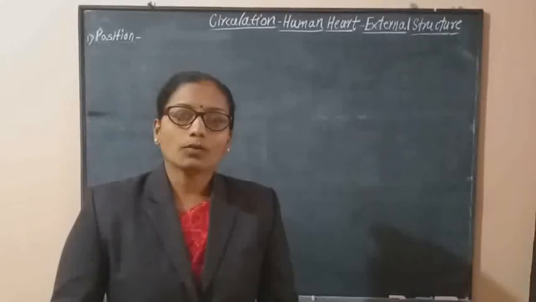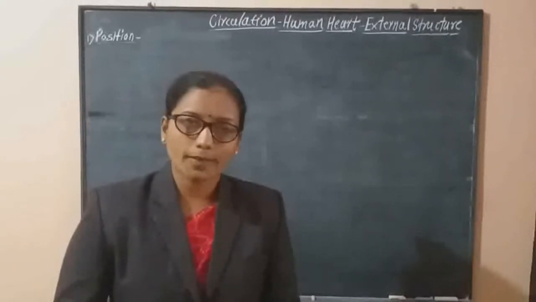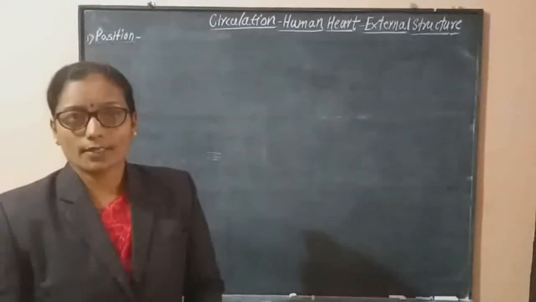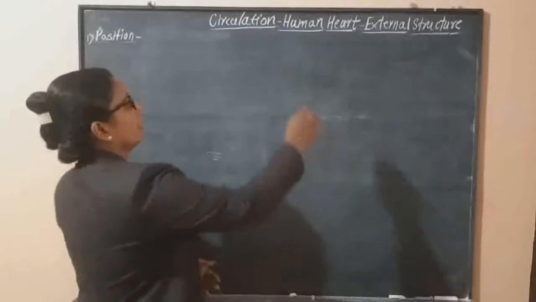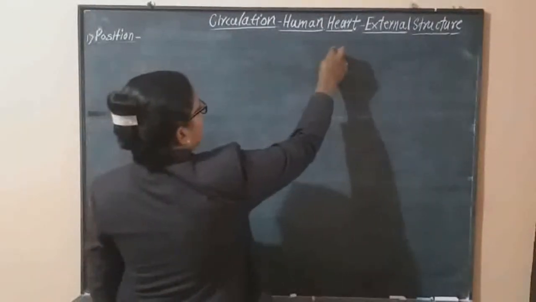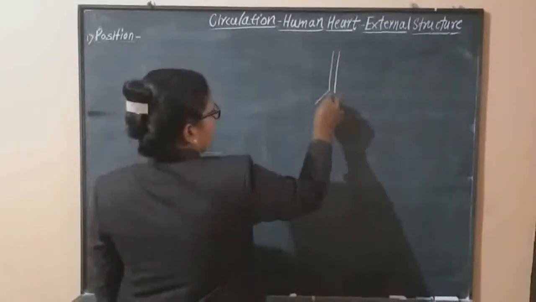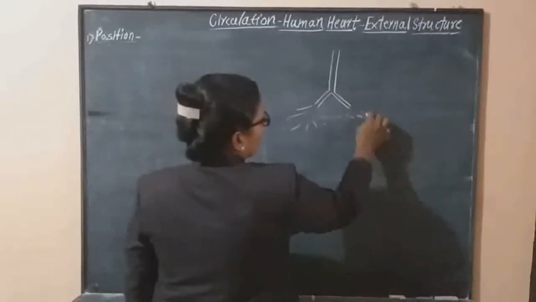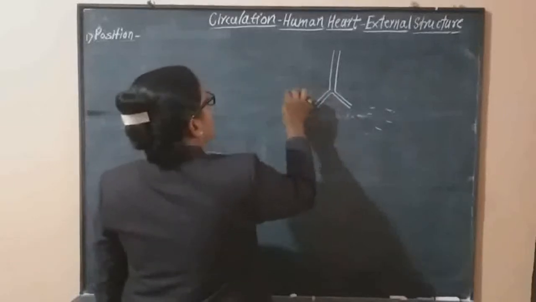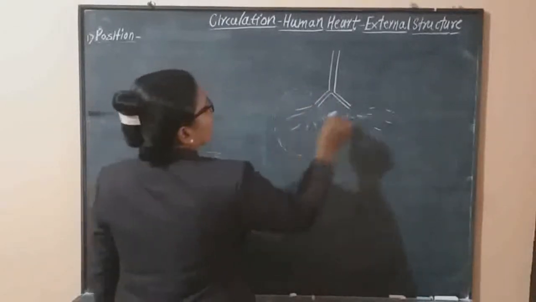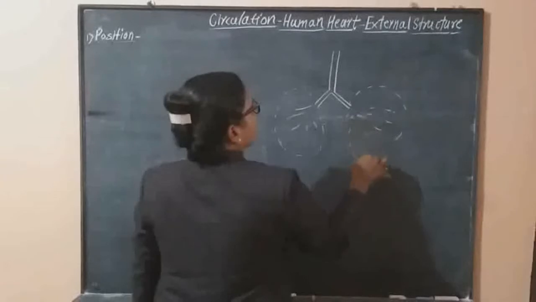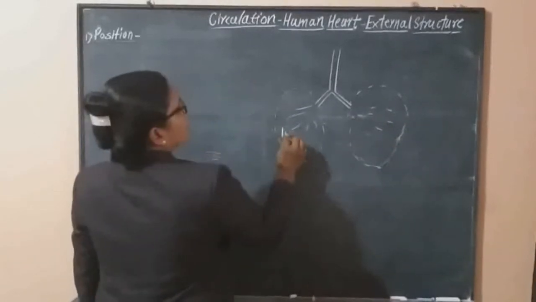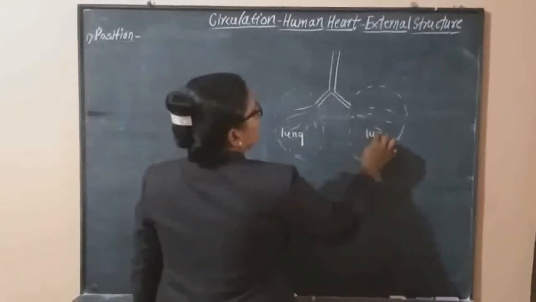Before that we studied the respiratory system, and in this respiratory system we studied that the two lungs are present in the thoracic cavity. The system starts with the trachea. This trachea divides into bronchi. Bronchi again divide into smaller bronchioles, and these are the two lungs, right lung and left lung. You are very well known to this. These two are the lungs.